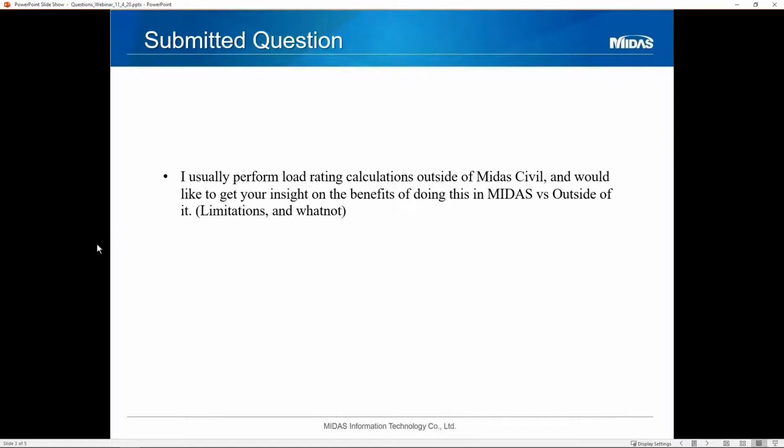I mean, there's a lot of benefits of doing it in MIDAS. Again, like I said, if you're doing design in MIDAS, then it makes your life really easy. You're not going out to separate software. You're doing it all in one software, which is useful as a designer so that I don't have to go create another model. I will say some of the limitations here or things that you have to watch out for is